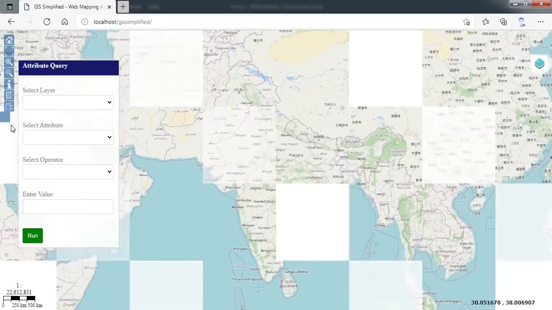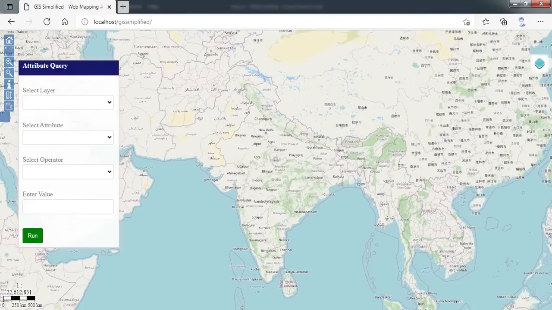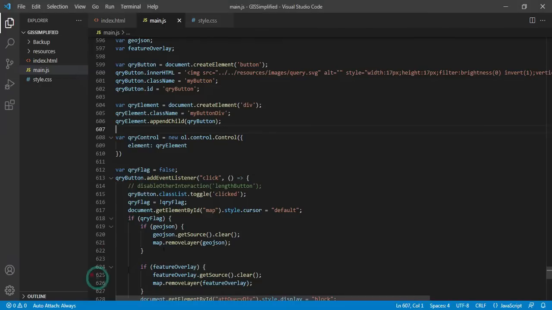You can see over here a button has been added, but the image is not coming, it is not placed properly. So I have to remove this and ensure that the path of the image is proper.